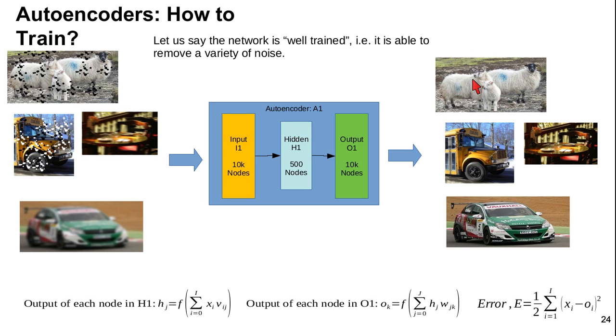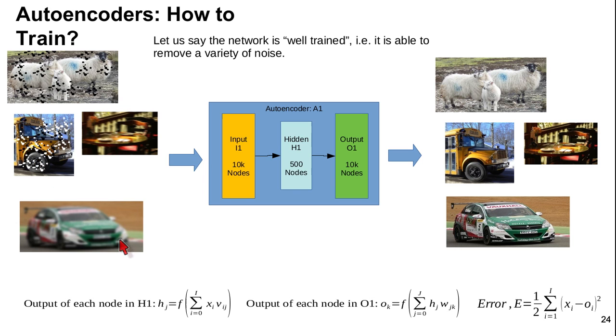Would such an autoencoder be of any practical use? That autoencoder would work only on one image, so it's of no practical use. Therefore, our autoencoder should be able to work on a variety of images. The second is, the autoencoder should be able to remove noise of different types. Ideally, we'd like to have an autoencoder which can remove salt and pepper noise,